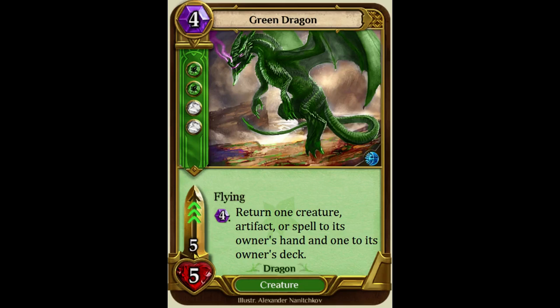But I wanted to maintain the ability of Landslide, but I also wanted to maintain the versatility of it too, and versatility of like the bounce effects in nature. So being able to bounce anything back to your opponent's hand is something we don't have. So you could bounce a lamp, you could bounce a silencer if you were able to get the dragon through